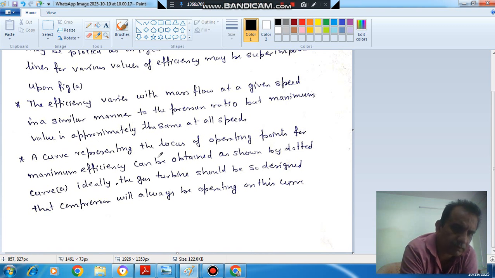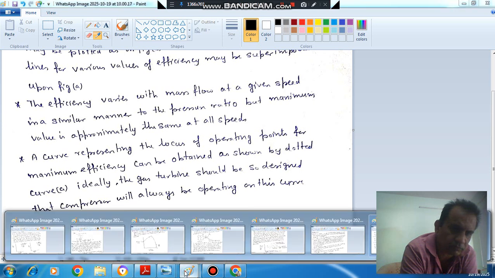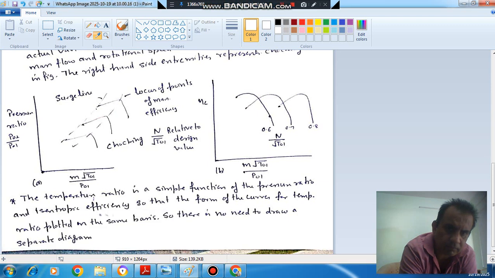A curve representing the locus of points for maximum efficiency can be obtained, shown by the dotted curve A. Ideally, the gas turbine should be designed so that the compressor will always be operating on this line. So this is the curve of maximum efficiency. This is almost the same for all the rotational speeds and non-dimensional rotational speeds. And the gas turbine should be operated, or when the compressor is part of a gas turbine, the compressor should be operated on